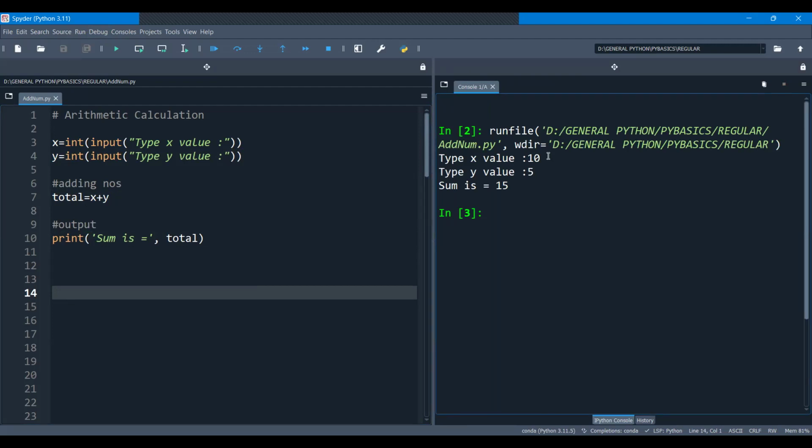In the same way, we can do subtraction, multiplication, division,